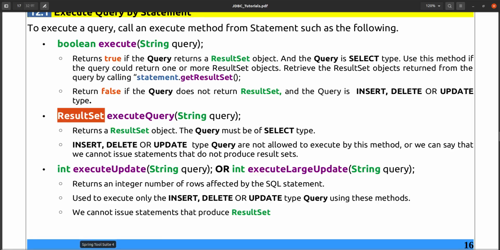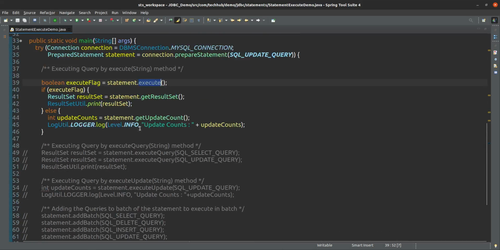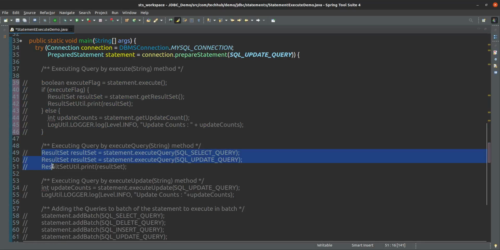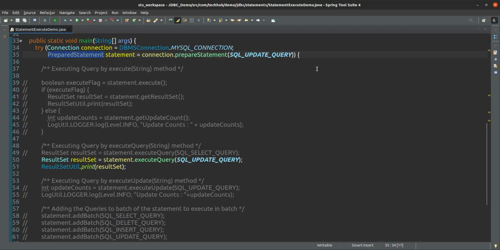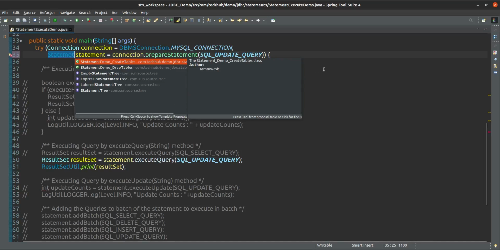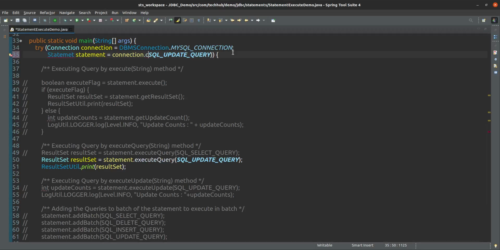So here if you see the second example, just comment this one and execute this one. So here if you see executeQuery, prepared statement also you can take, or you can take a statement, create statement, both are fine.